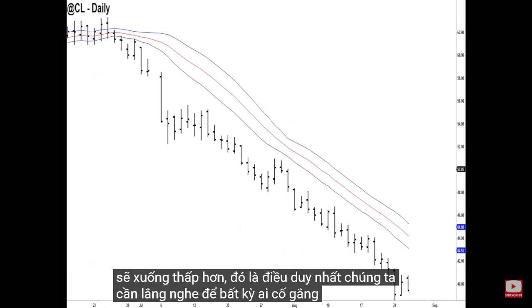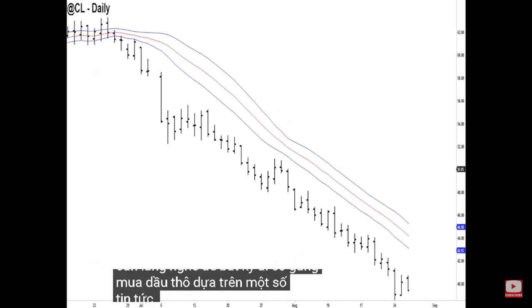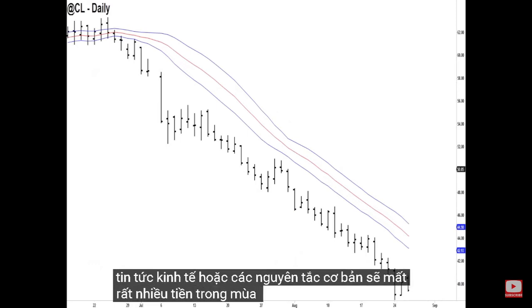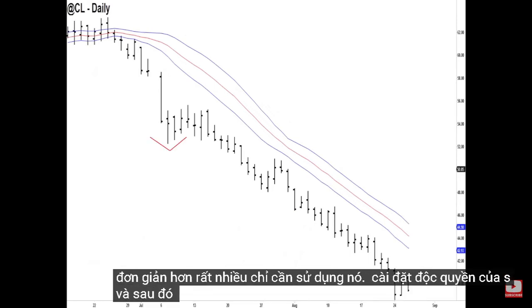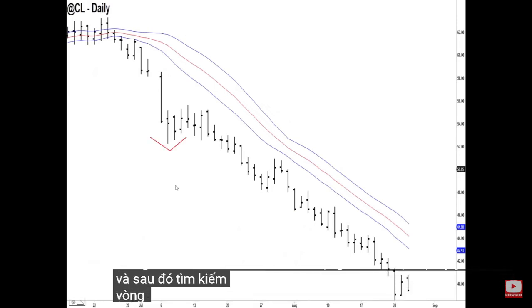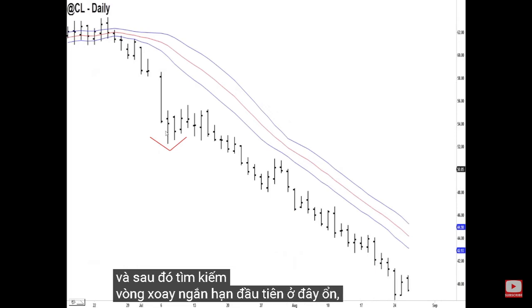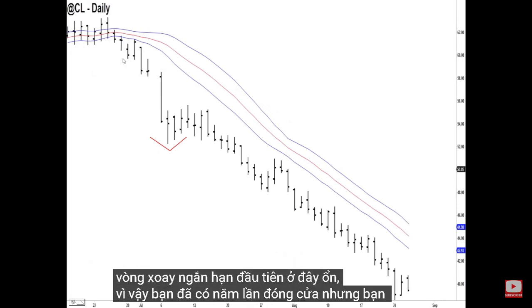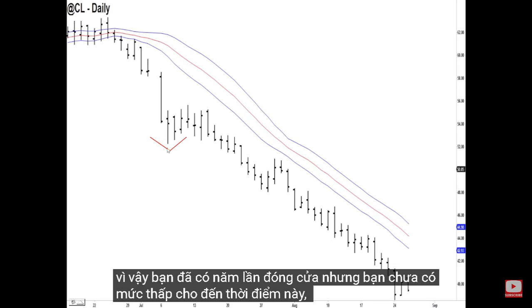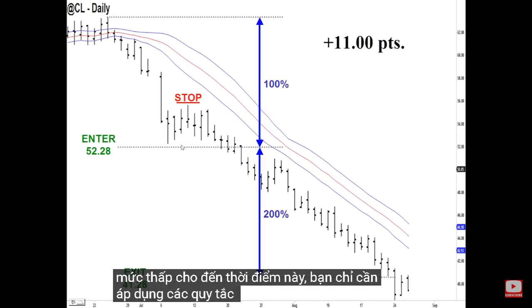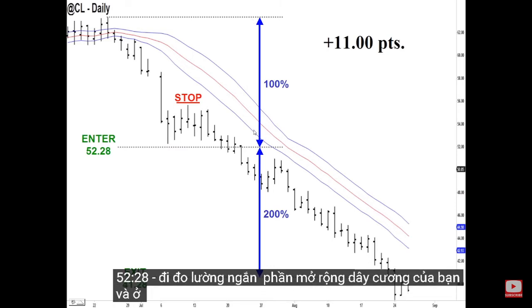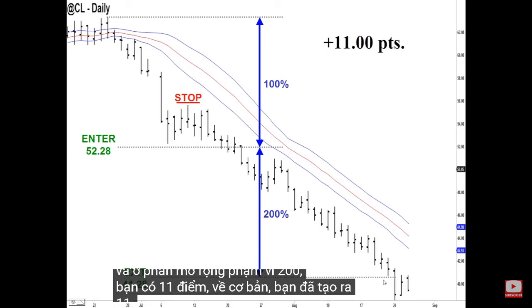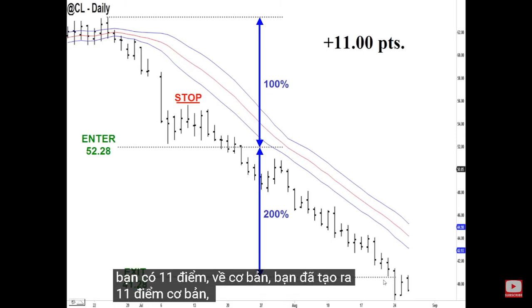So anyone trying to buy crude oil based off some economic news or fundamentals would have lost a lot of money this past summer. A lot simpler just to use this proprietary setting and then look for the first short-term pivot low, which was here. Okay, so you had 5 closes, but you had no pivot low until this point. Now you just apply the exact same rules. Could have entered at 52.28 to go short, measure your range extension, and at the 200 range extension, you have 11 points. You've basically made 11 basis points going short. Okay,